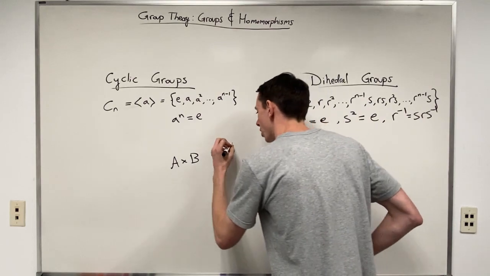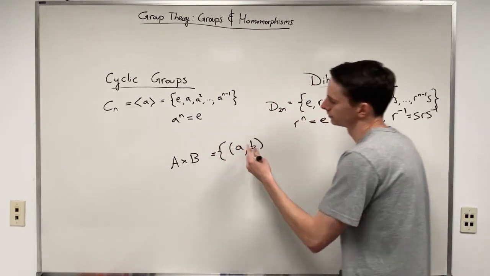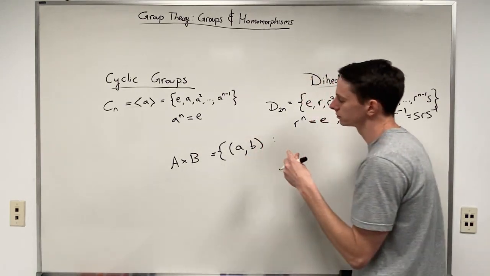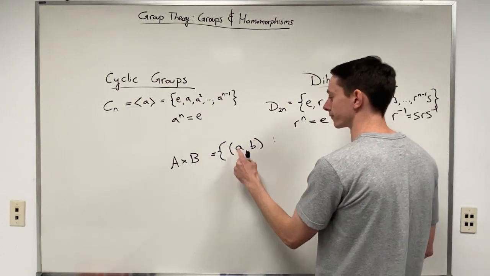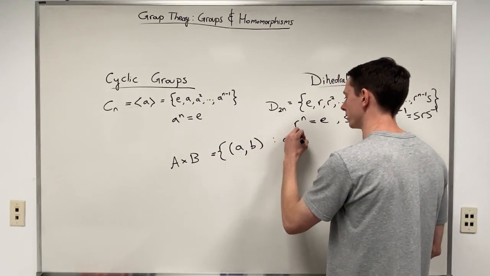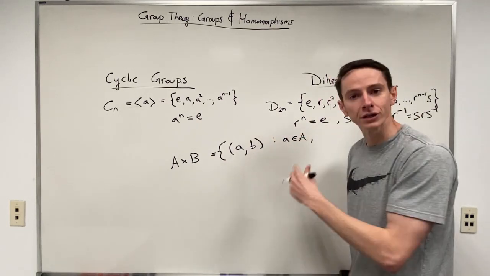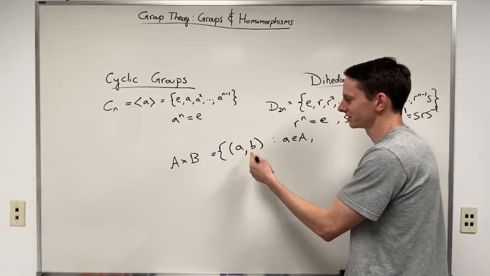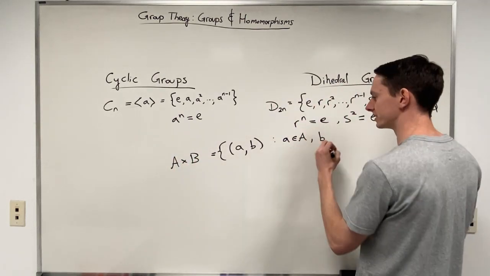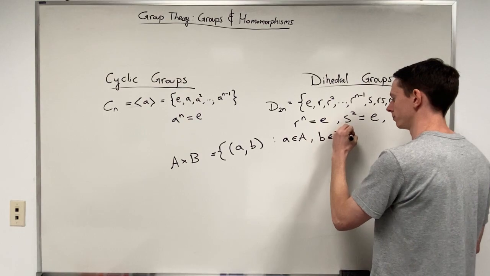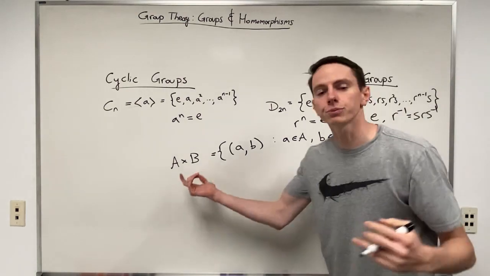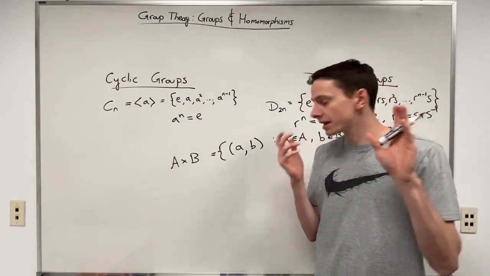That resulting set, that output set, is going to be a list of, or its elements are going to be ordered pairs, (a, b). And the condition on these ordered pairs is that the first element needs to be from the first set in the Cartesian product. So little a would need to be an element of the set A. And then the second element in this ordered pair would need to come from the second set in the Cartesian product. So little a needs to come from A, and then little b needs to come from the set big B, like this. Right? So we developed this notion of the Cartesian product between various sets, and that led to some very